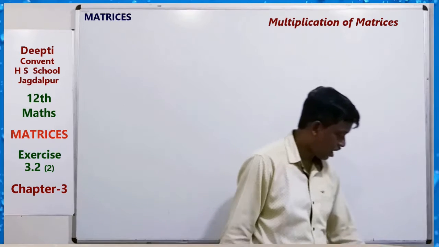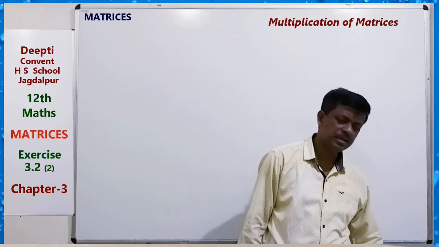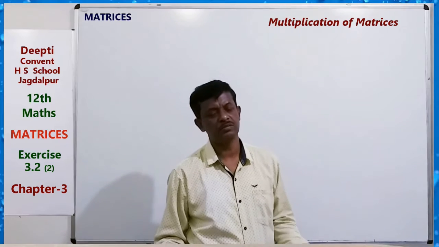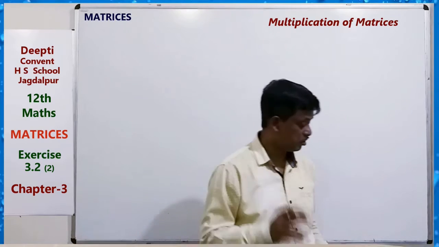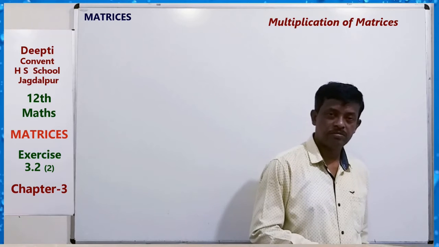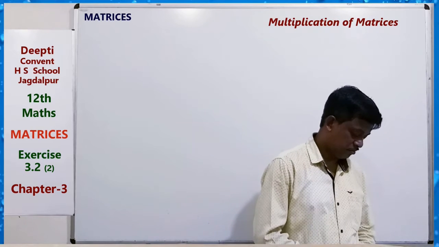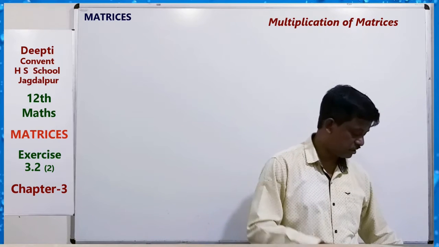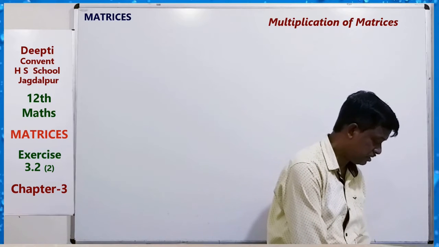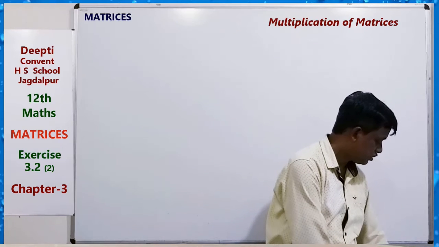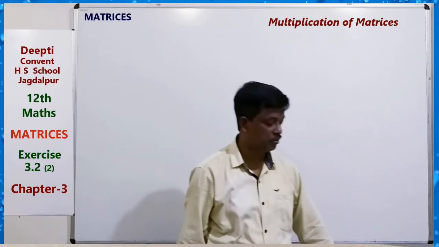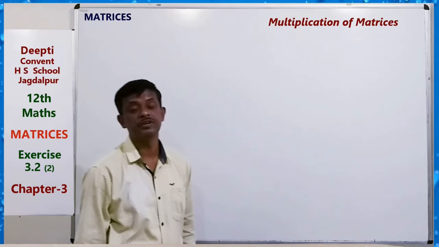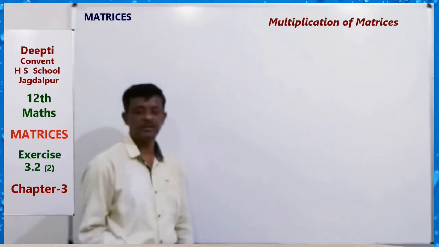Generally, if two matrices are square matrices, then they can be multiplied in both orders, but it is not necessary that the multiplication in either order will be equal. It is not necessary. And here we can also see that the multiplication of diagonal matrices of the same order is commutative, or equal: AB equals BA.